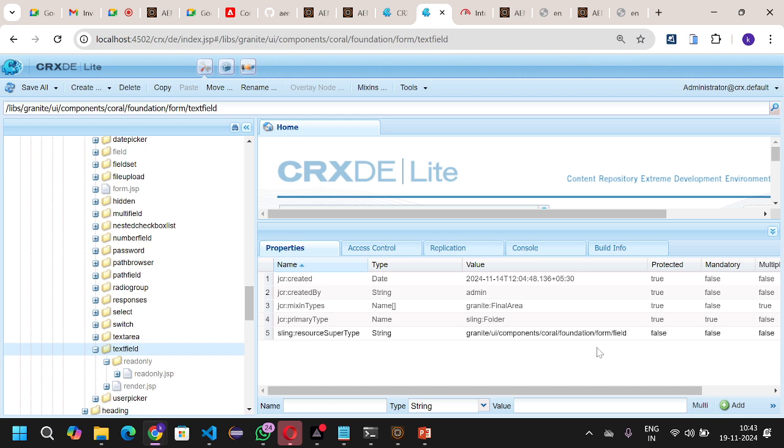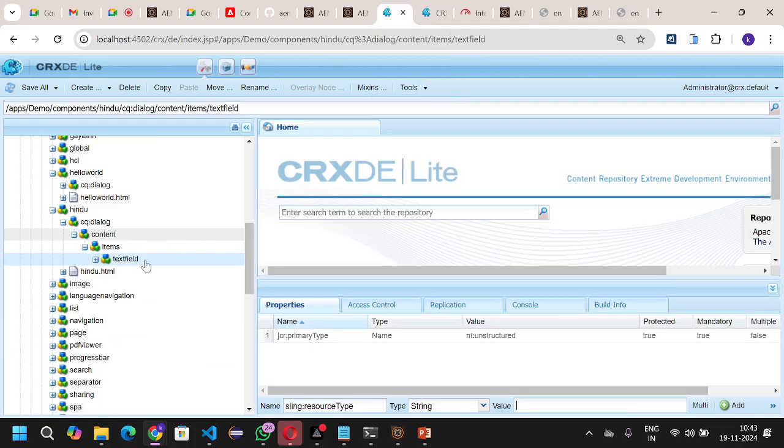Whenever you are using it, implicitly the data is coming from this component. So simply, now I am adding the sling:resourceType property, that is text field. Click on add, save,